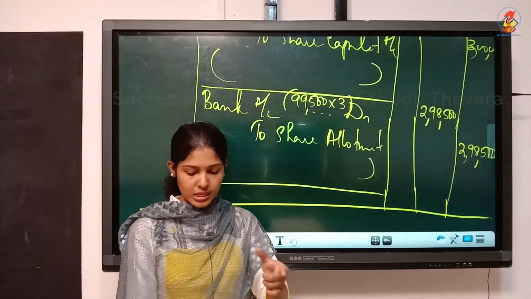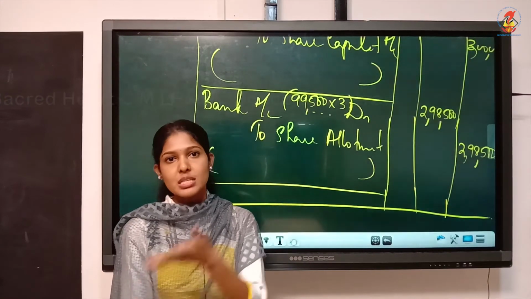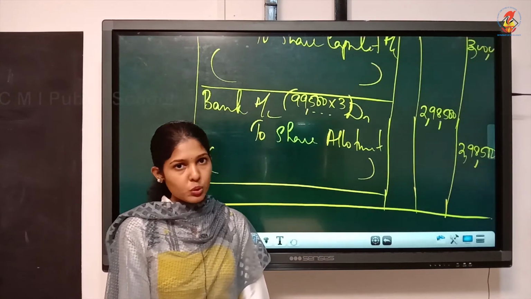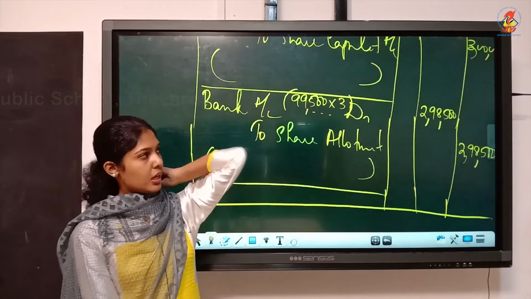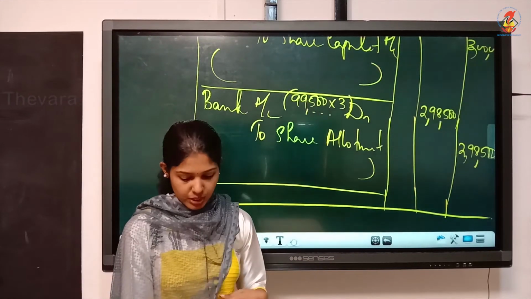How did we understand? It is written there, balance when required. When it is needed, they will ask, and that time you can write. Now it is not needed. Okay, so you can stop the question with this. You should stop the question with this. Don't go and write the first call entry because that is wrong.